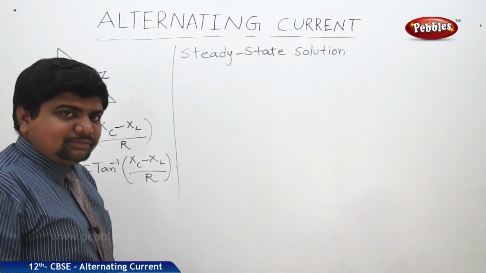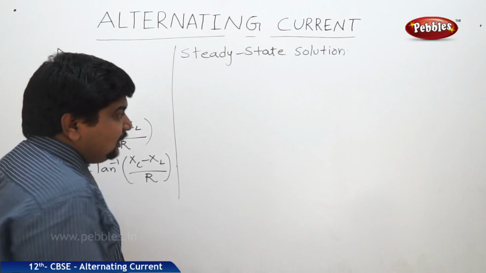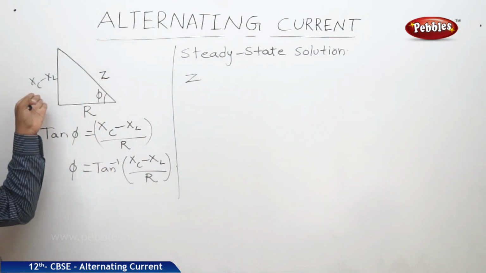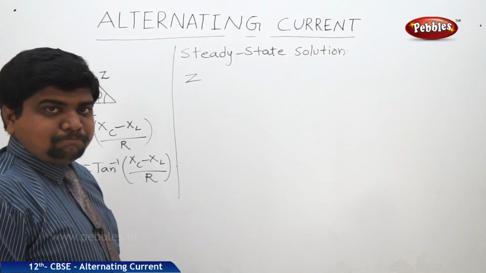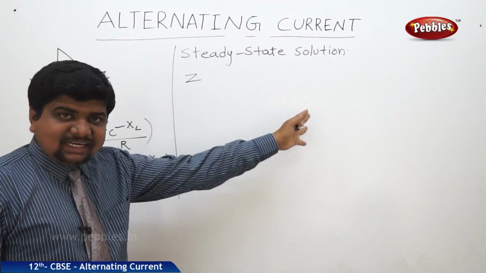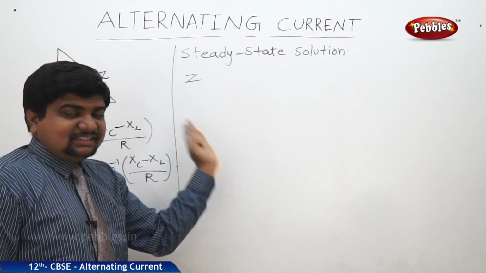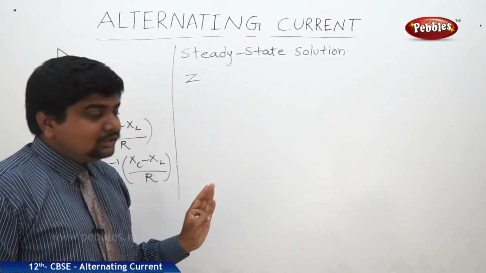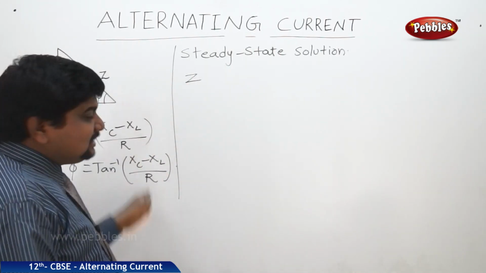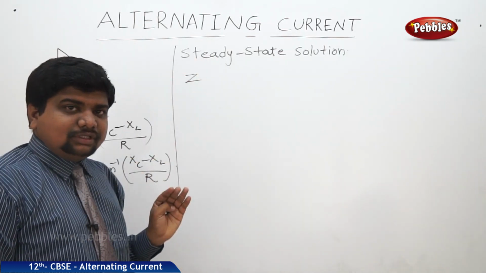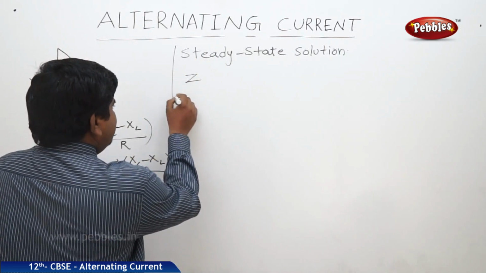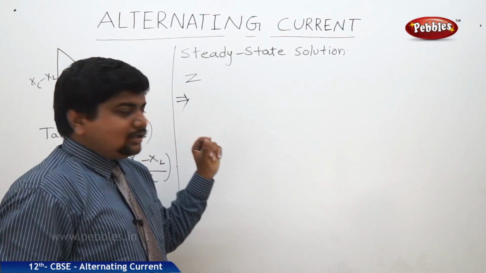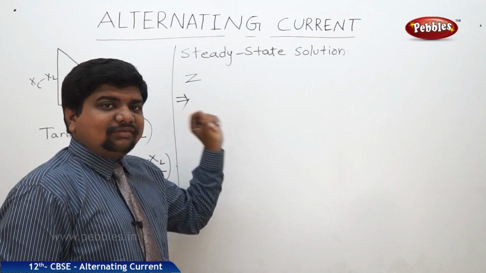So, in this phasor diagram solution, up to now we have found the Z value, the relationship of Z with respect to R and XC minus XL, the XC greater than XL condition, the XL greater than XC condition, and the XC equal to XL condition, and how the resistance will change. These all things we have found out. But the solution we have got in these terms is called the steady state solution. What is the reason? A phasor diagram solution doesn't ask about the initial state of the condition.